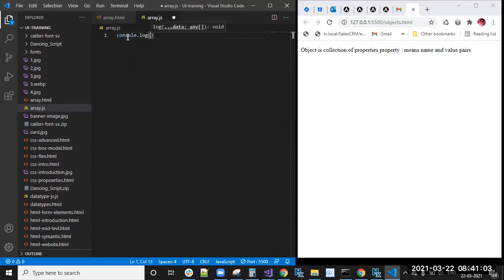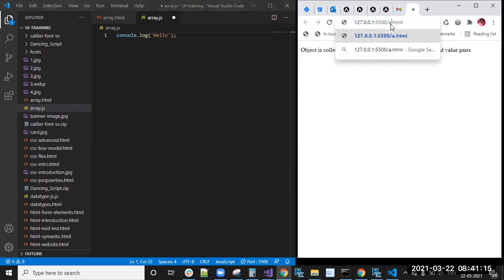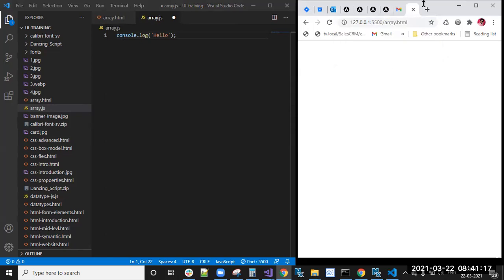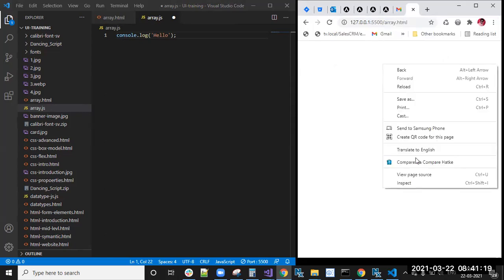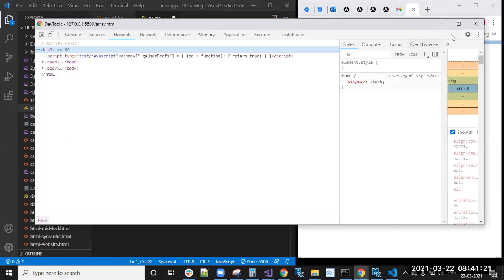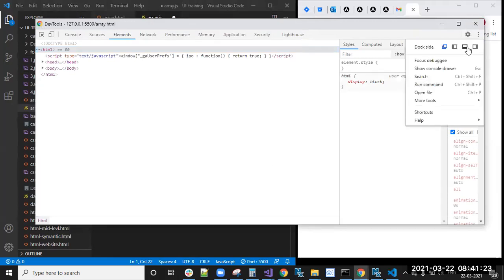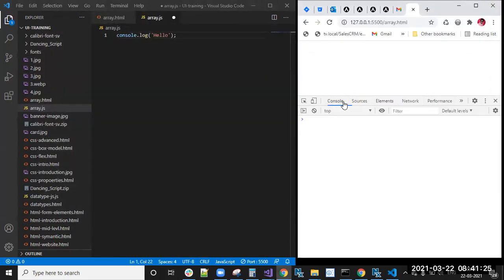Console.log, now we'll check whether it is loaded or not. We'll check, hello. Now here instead of objects, array. So hello is not loaded.